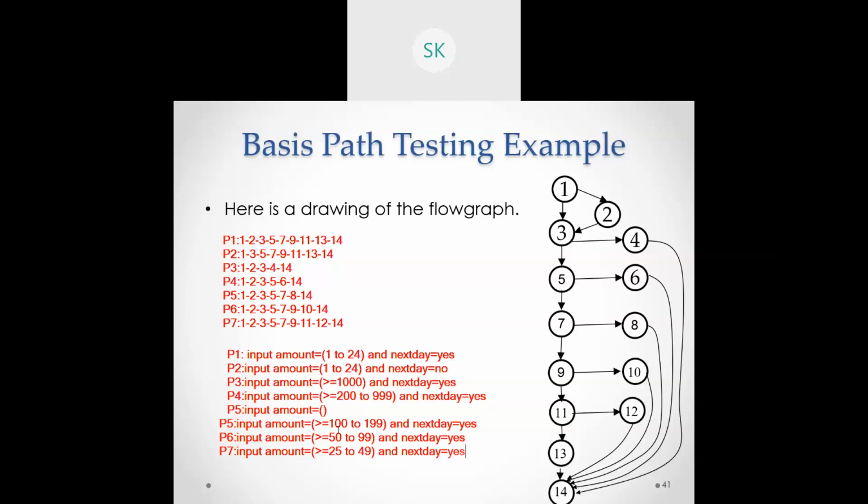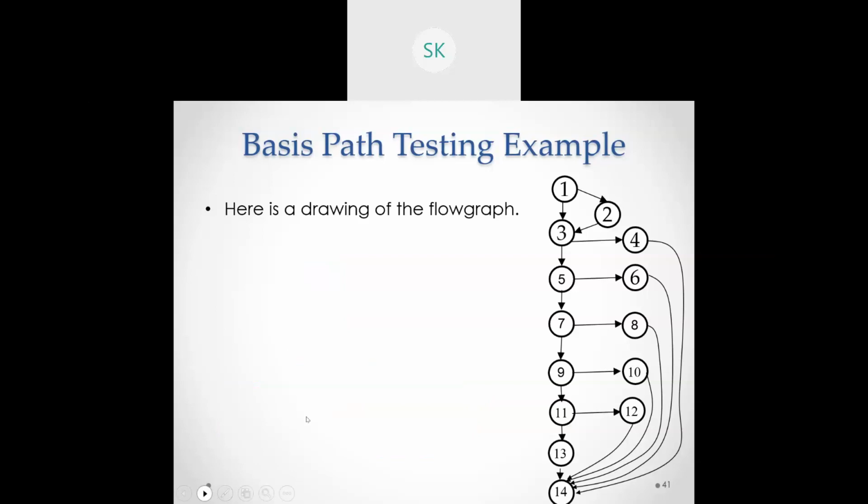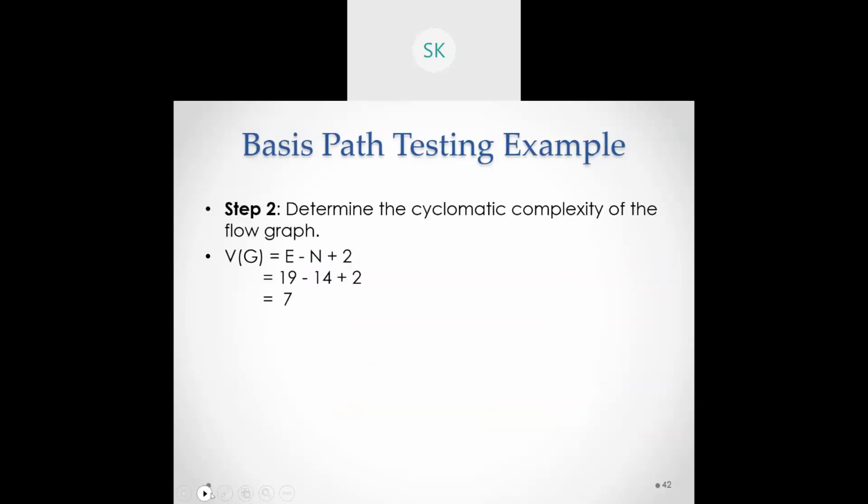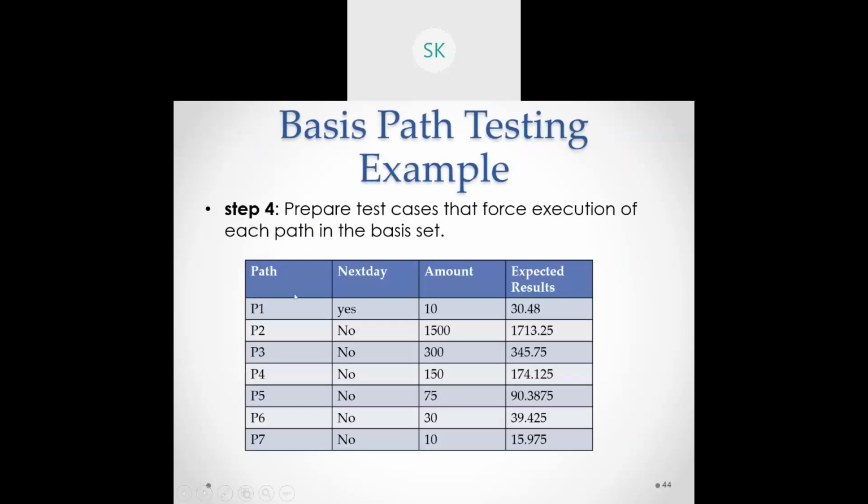If the amount is calculated, means the total amount, whatever that is, that needs to be written. So that value, you just add it over here. Understanding it? So that is how we can provide the things with respect to the basis path analysis. Simple example, see here, with respect to path 1, next day what is, amount what is, and expected output. That's all. Are you getting this?